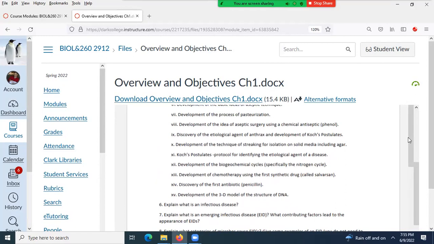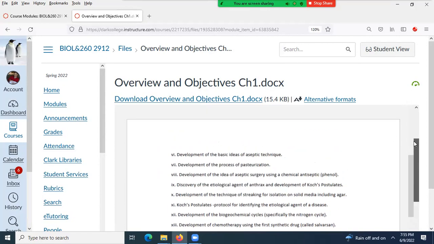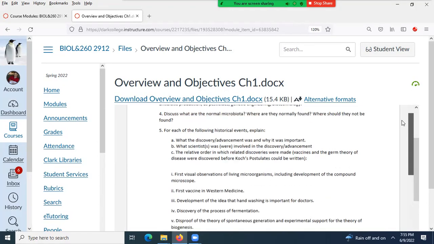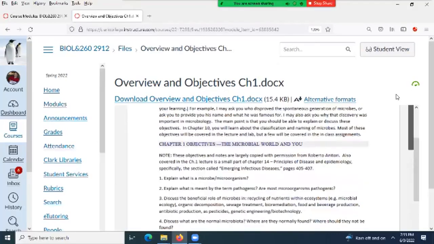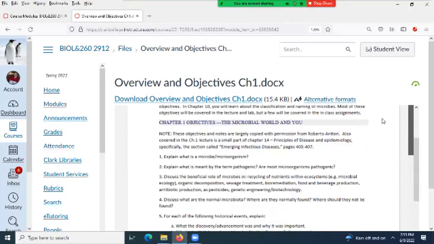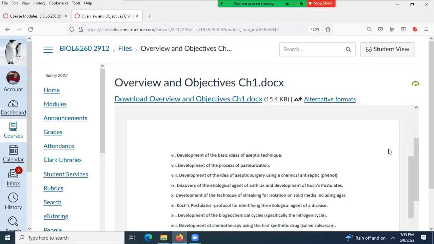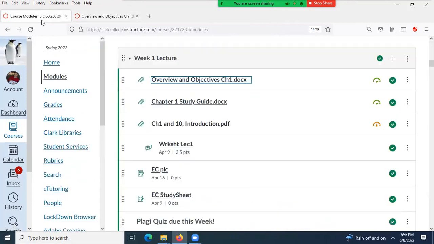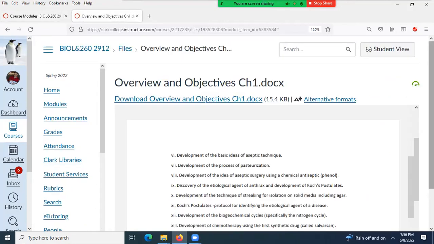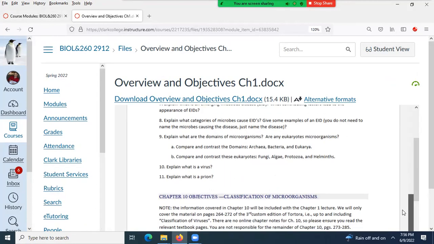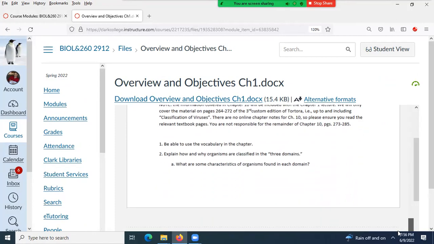Any questions? There was a little bit on this section about chapter 10. What should we know? Chapter 10, we discussed mostly the classification. Where do I have that? All the way down at the bottom, I think. It's probably on another one. I don't see it here. Oh, it's on the same. Oh, it's only there on chapter 1. I don't say chapter 10. Oh, there it is there. Yeah, it is at the bottom.